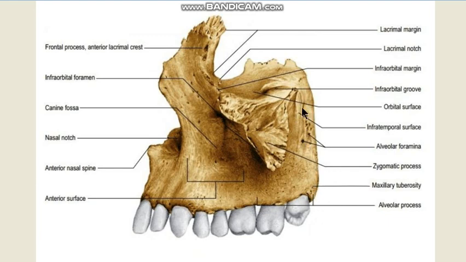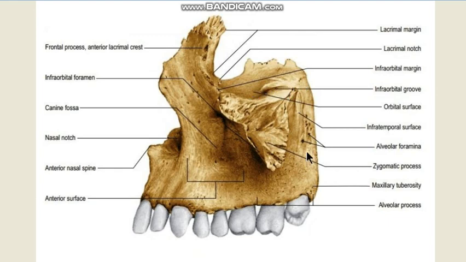So in this infratemporal surface you can make out these small openings. These small openings are for the passage of the posterior superior alveolar vessels and nerves. They supply the molar teeth from within the body of the maxilla. And you can make out that there is a small groove over here, a wide but shallow one. It transmits the maxillary nerve, which is continued on the orbital surface as the infraorbital nerve.